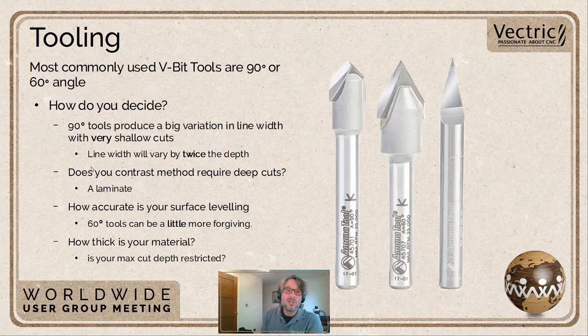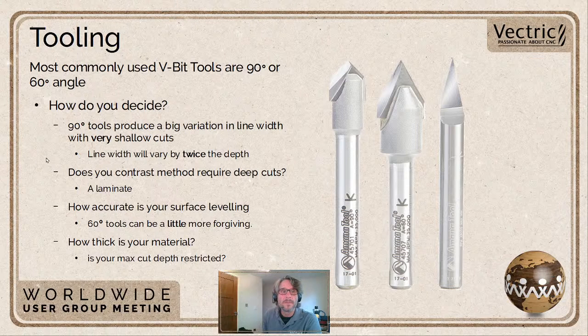And of course, obviously, you might be very limited in the depth of cut that you can get away with. So in some cases, you might be cutting into, this system does work on metals if you can get a good inking back against the carving. So you might be cutting into quite thin material where you really can't get away with depth of cut. Then you've got to use a fairly shallow angled 90-degree or even greater tool so that you don't cut through